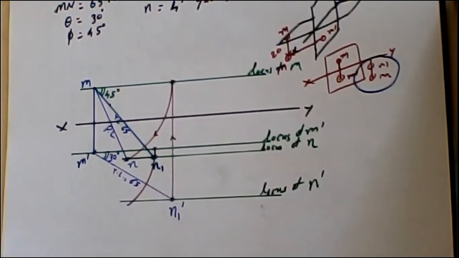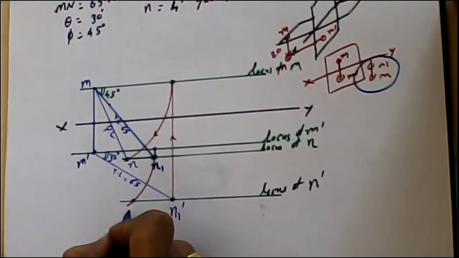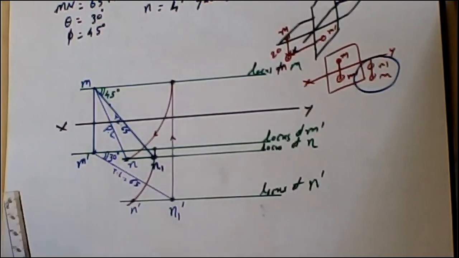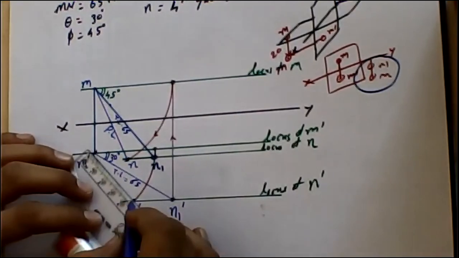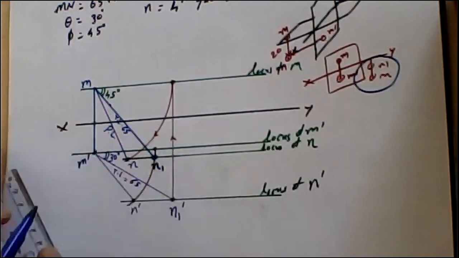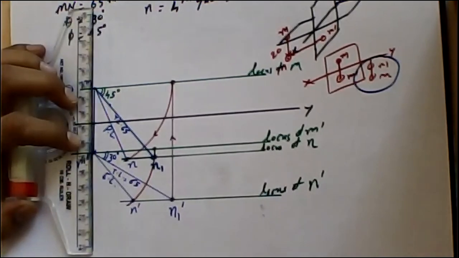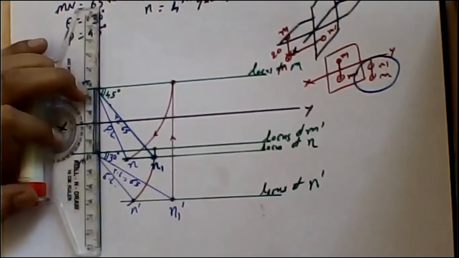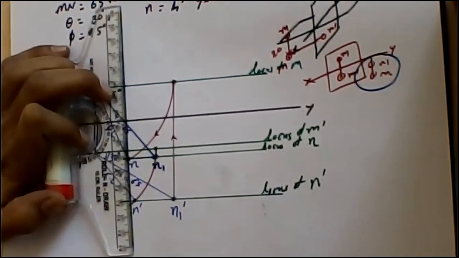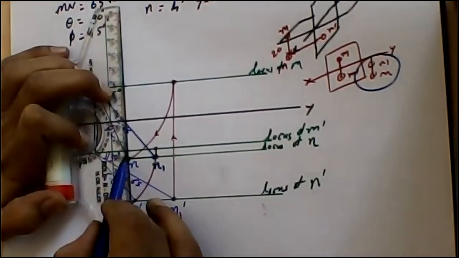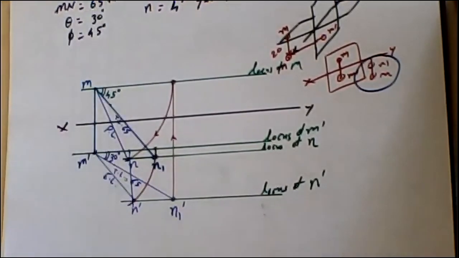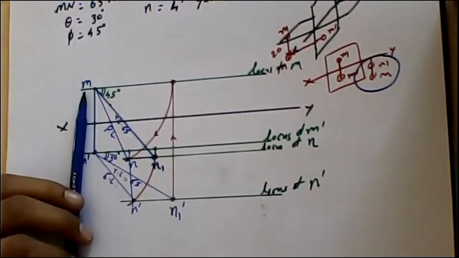The arc is going to intersect on the locus of N dash. So this position is going to be called N dash. Connect M dash and N dash. It is going to represent the elevation length. You need to measure those lengths and you need to measure the angles also. According to the criteria, we should have M, N and N dash on the same line as M and M dash. So we are going to have the same. So the problem is completed. We should proceed further and practice more problems. Problem number 3.